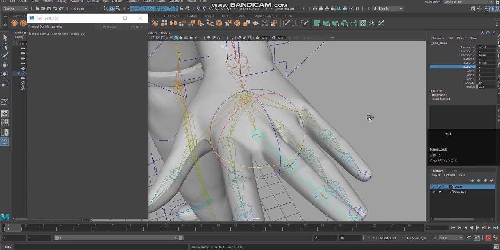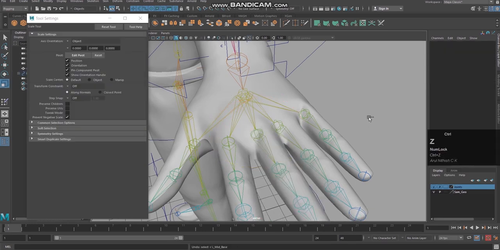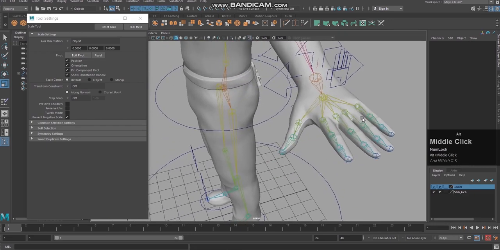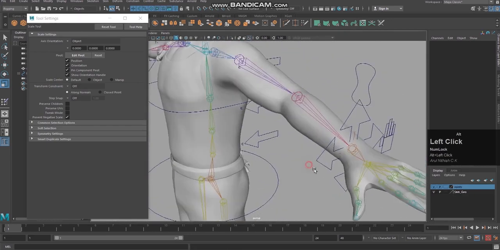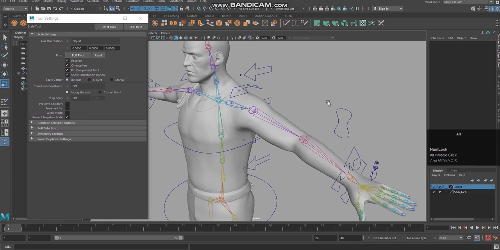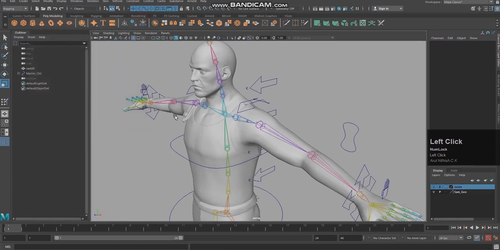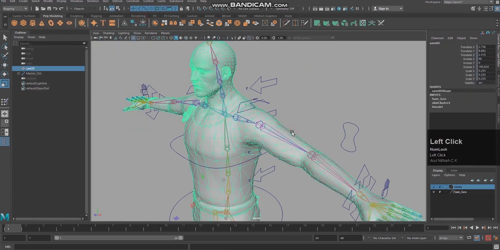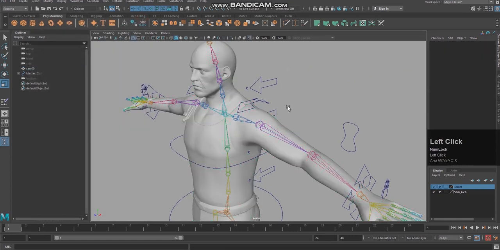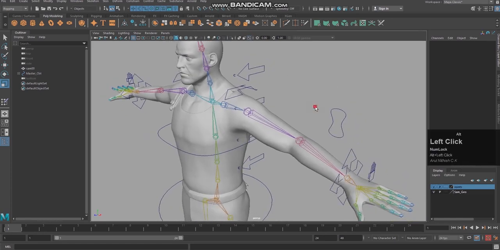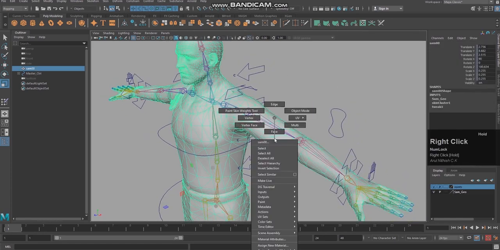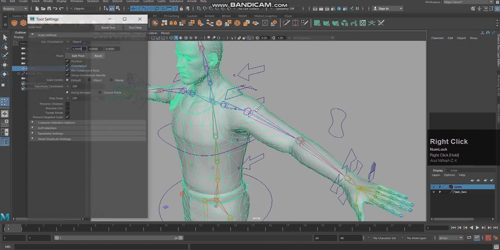So how to resolve this issue, okay. That is how we are going to start with the paint skin weight tool, right. So for that I'm going to select the skin. See, you can keep or turn off this X-ray joints, it is up to you, okay. So I'm just going to select this skin and I'm going to the paint skin weights tool,